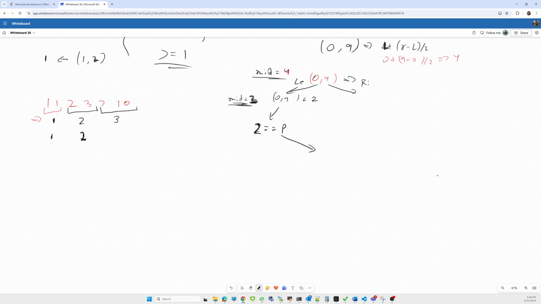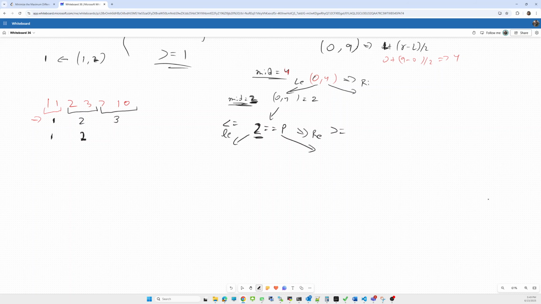Because we know if we go left, the number of pairs will become lower, and if we go right, the count of pairs will be greater than or equivalent, and if we go left, the count will be less than or equivalent to.